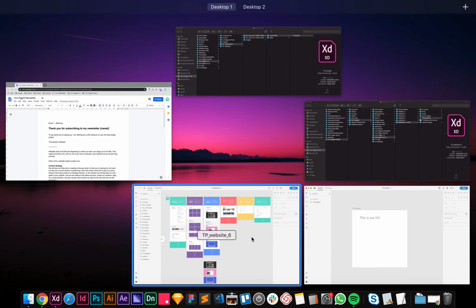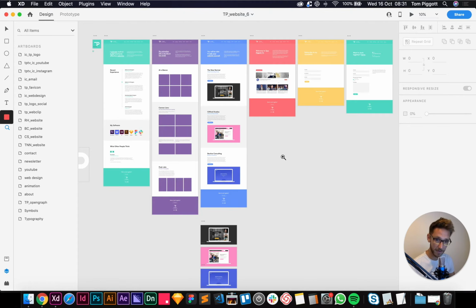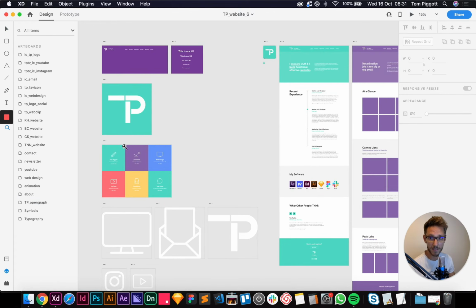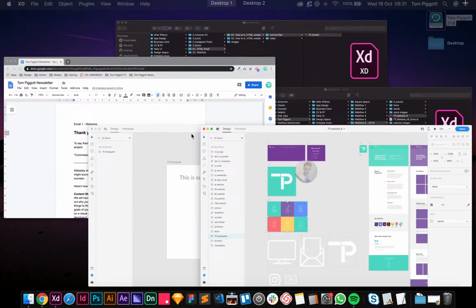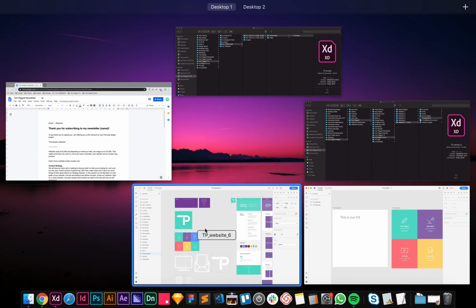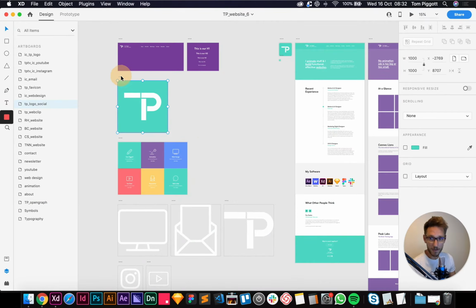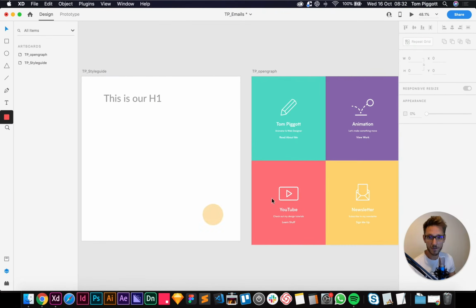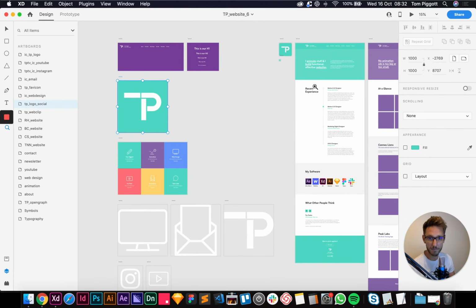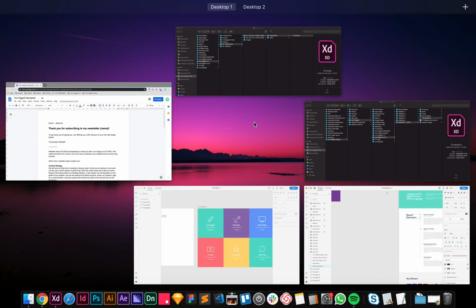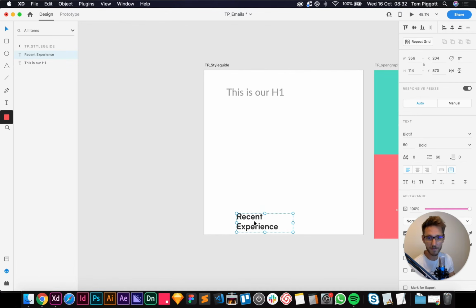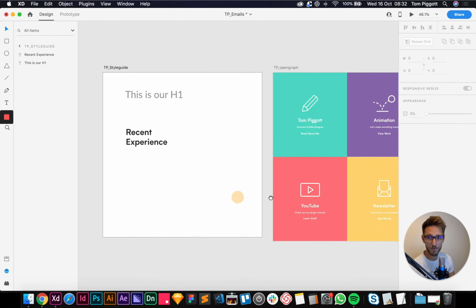This is my planning for my website in XD, so if I come in here, I can grab all of my colours from here. I'm going to grab this home page, copy it, bring it in here, and it's pasted in there. That's where I get my colours from. And then I'm going to grab my logo, so just copy that artboard, come in here and paste it in, it will just come in there. And then I'm also going to grab this black colour, so I can grab anything with that on and bring it in here. You can also copy stuff in from Illustrator and things like that, that's no problem.